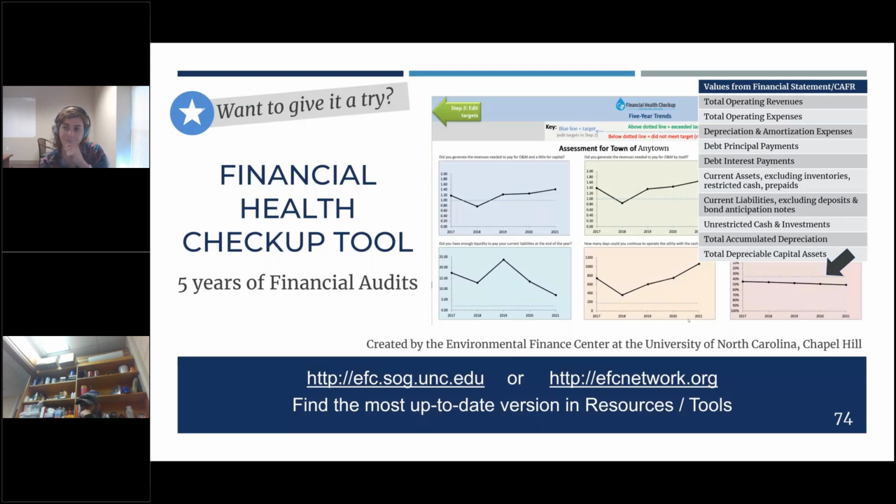You could download it. If you had the financial statements for your utility, you could basically walk through the different statements that we went through today, pull the information, put it into the spreadsheet, and then it'll spit out these graphs, right? So you'll see the dotted lines are going to be those industry standards that we talked about today. And then the solid lines are going to be the data that you input. And this is just sample data, so it'll look different for your utility. But it's a relatively easy to use tool, and we often recommend that people give it a try if this is something that they're interested in.